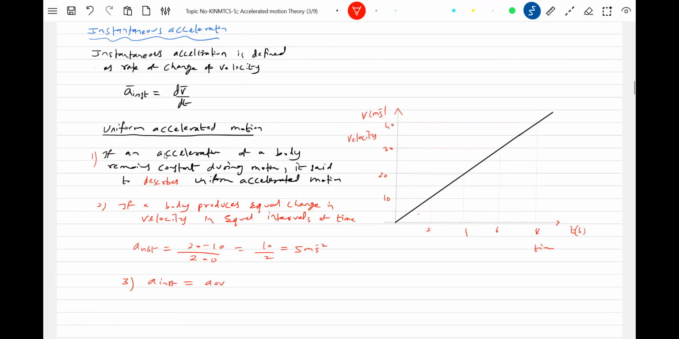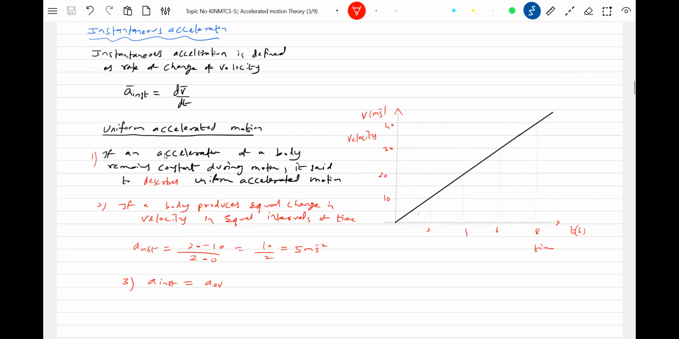Already we have discussed for uniform velocity motion, the similar idea we can express here, but we are more bothered about instantaneous acceleration only. So if the acceleration of your body remains constant, it is said to describe uniform accelerated motion. So what is a very important part in uniform accelerated motion? If a body produces equal change in velocity, whether velocity increasing or decreasing, but change in velocity should be equal in equal intervals of time, then it is said to be uniform accelerated motion. Okay, there's one basic idea of